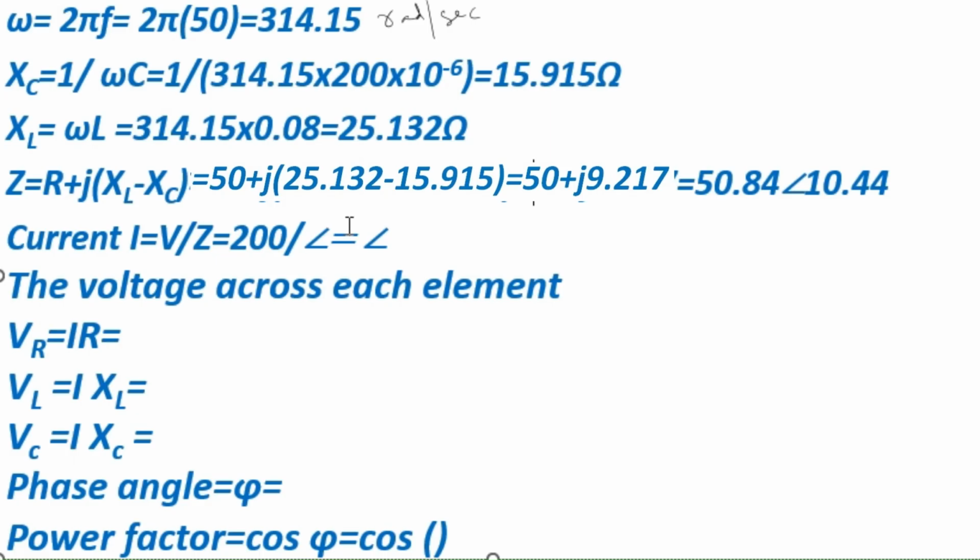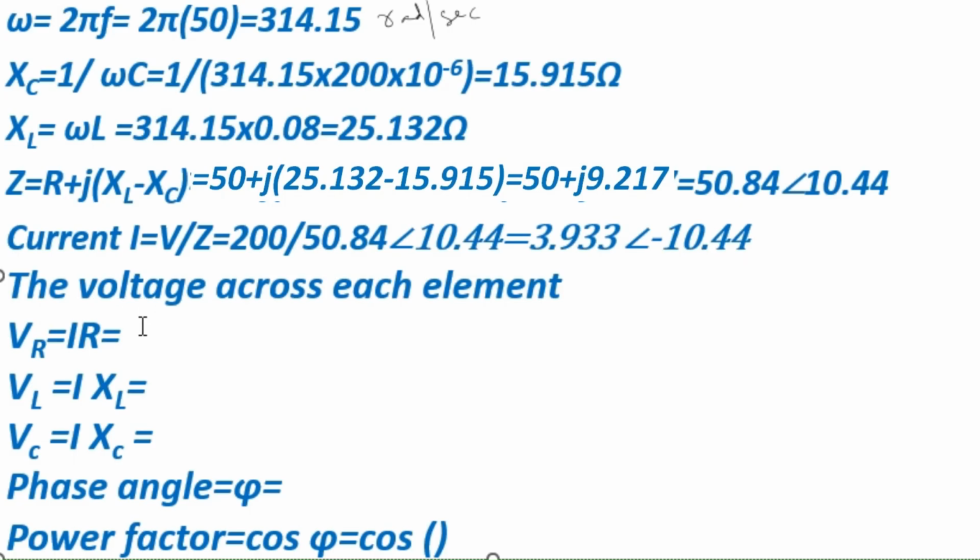Current I is equal to V by Z. The voltage given is 200 volts, V divided by 50.84 at an angle of 10.44. We can obtain the value of I as 3.933 at an angle of minus 10.44. Here the voltage across each element, VR, is equal to I into R, where I is 3.933 into the value of R, which is 50, which gives 196.65 volts,